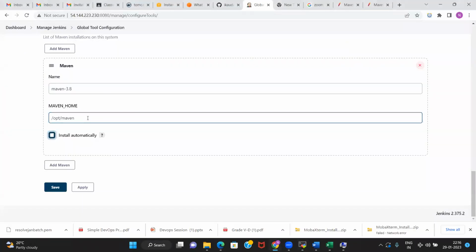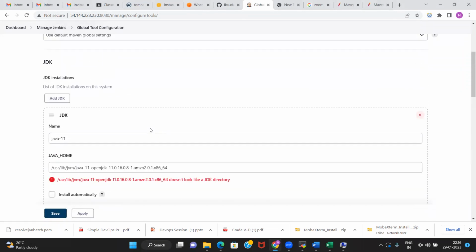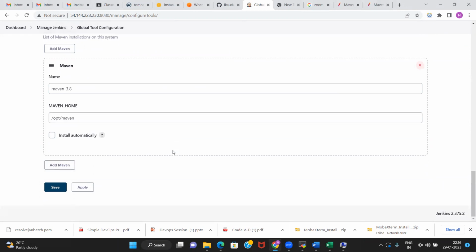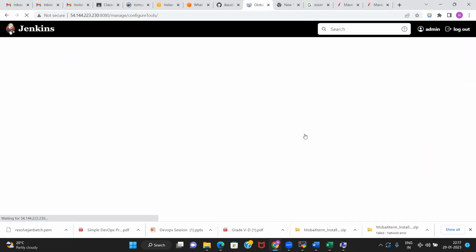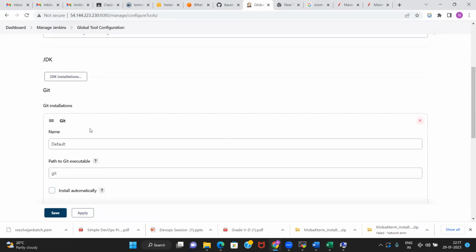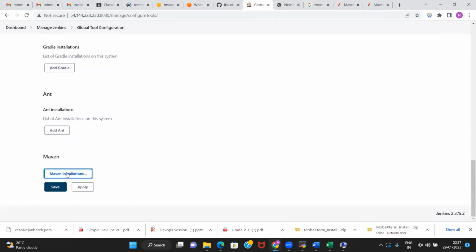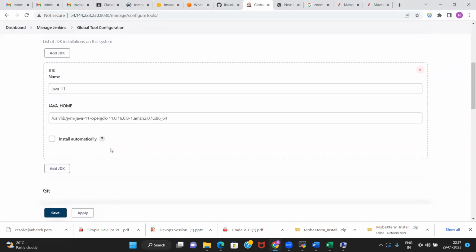Okay. So you have configured your Jenkins, telling it where Java is, where Maven is, and where Git is. So all the setup you have done, you are going to get this error. You can ignore it. This error will go when you apply and save. So after this, apply and save, and your global configuration is set. If you come again here, you will see JDK installations. You will see your Maven, and also your JDK installation error is gone. All the errors that you were getting.